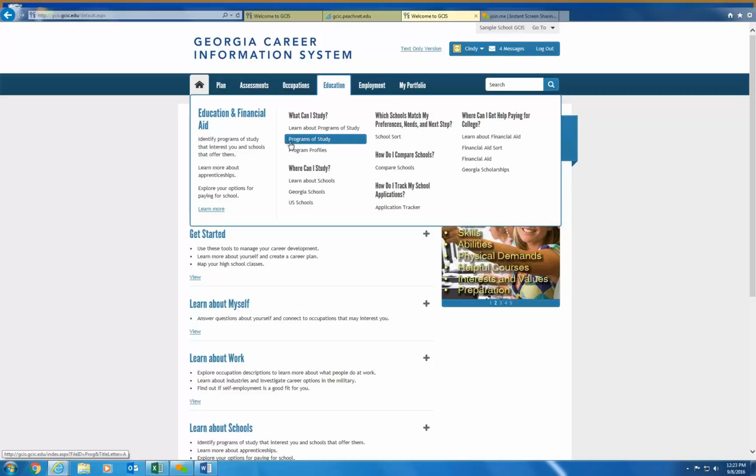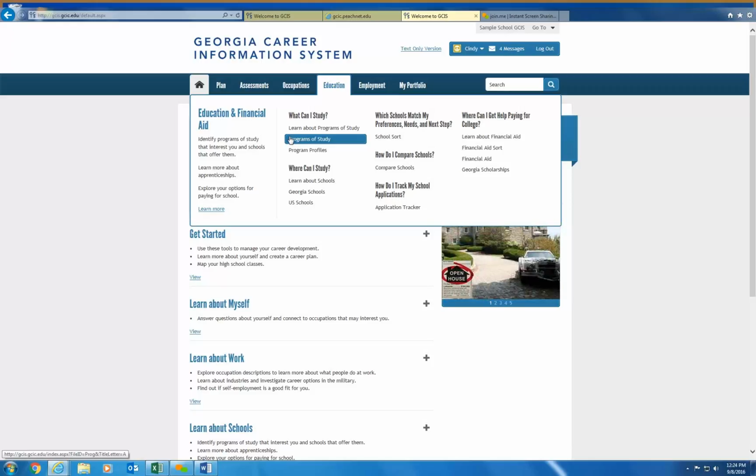This is also true for your 11th graders. So instead of just looking at, I want to go to XYZ school, you may want to start off by looking at a program of study that interests you and find out which schools offer that program of study. Being at Georgia State University, we've had countless opportunities where students say, well, I want to go to Georgia State University. Great, we'd love to have you. What would you like to study? I want to become an anesthesiologist. Well, the medical program for anesthesiologists might be offered at a different school, so we want to make sure that our students have exactly the key characteristics that they need in order to make those informed decisions.